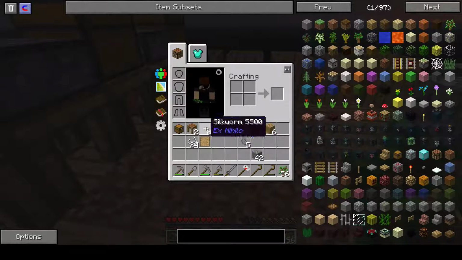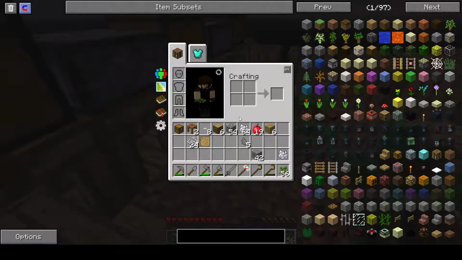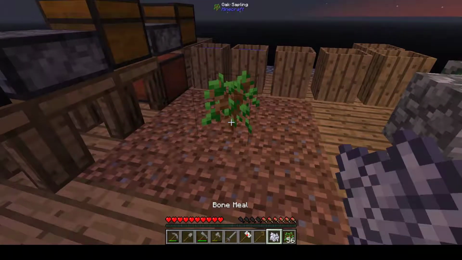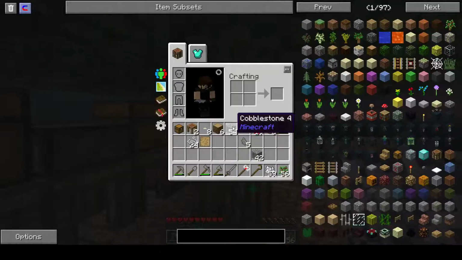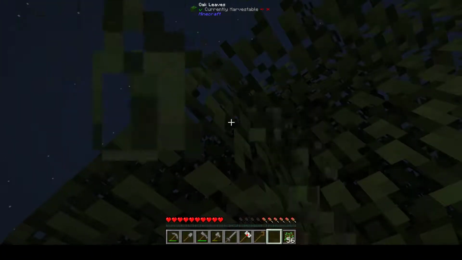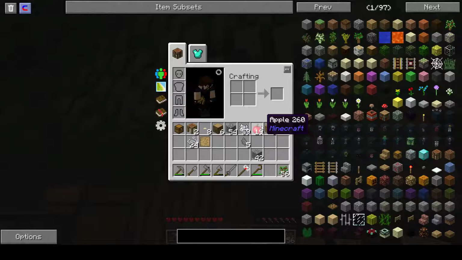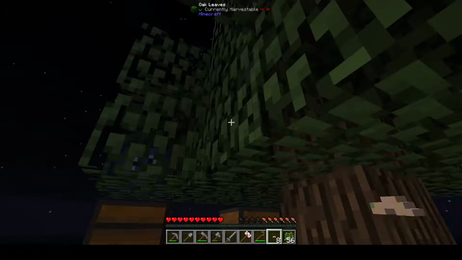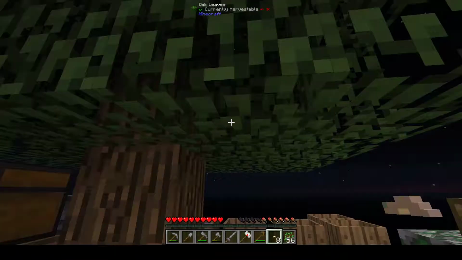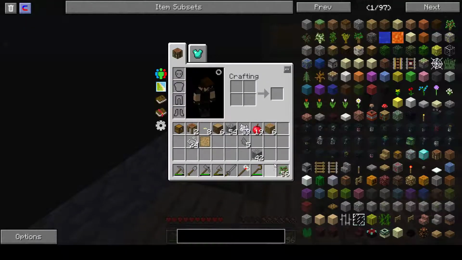Right, so I've got some wood. Have we got any more? Okay. Oh, again. There we go. So you use your crook on leaves, and that will give you not only oak saplings or apples, but it'll also give you these things called silkworms. And then you infest the silkworm by right clicking on a leaf, and it will start the process of infesting the whole tree. It will all turn white basically, and then you use your crook on there to get string